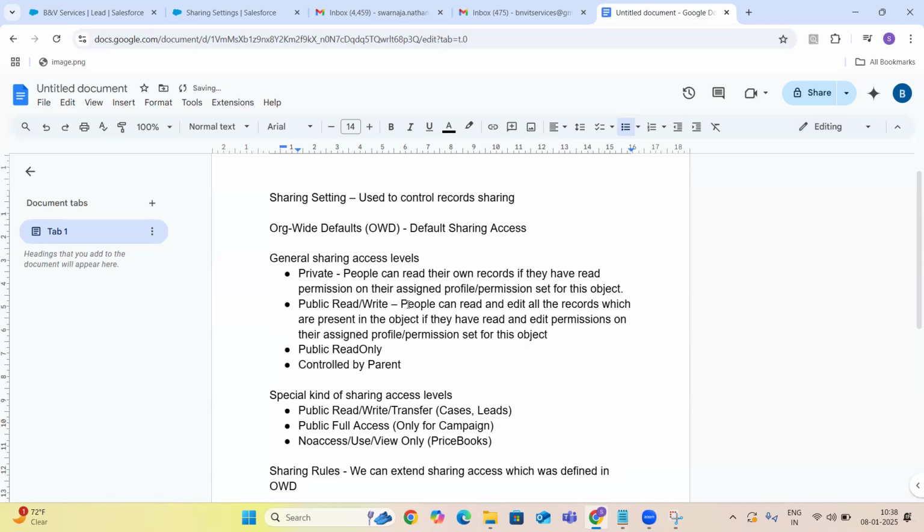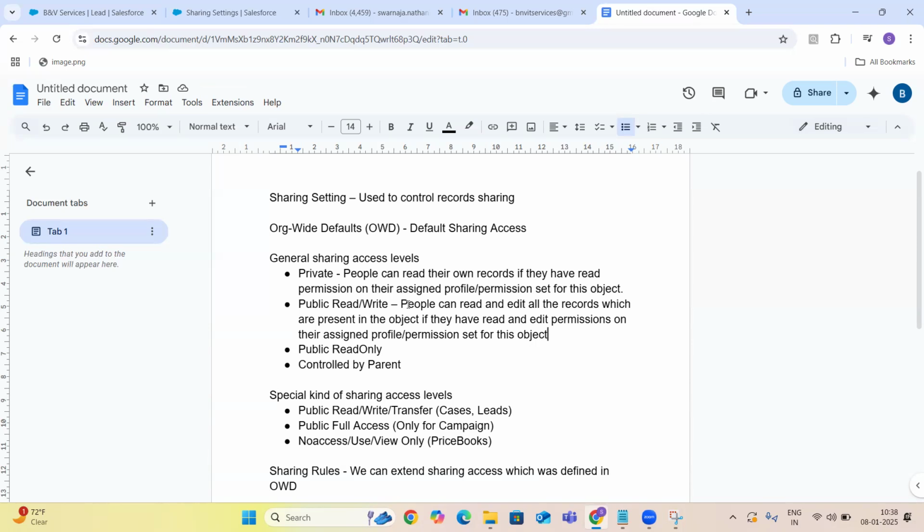The same thing. If they don't have edit permission, but OWD is public read write, still they can't edit the records. If they want to edit the records, you have to have edit permission on your profile and permission set.